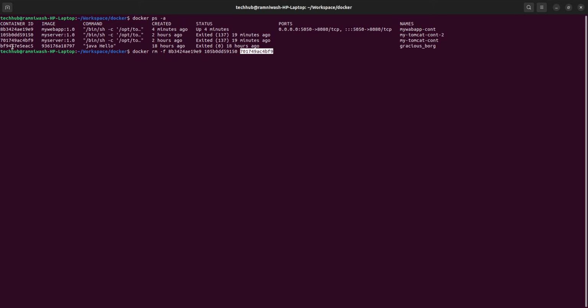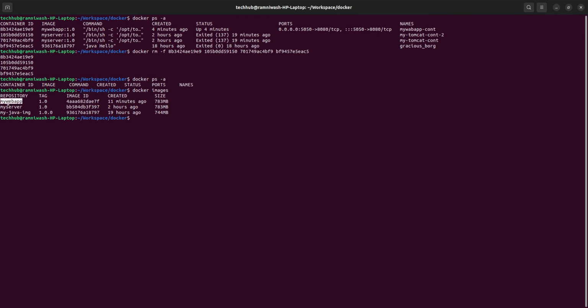Copy, paste, copy, paste. Done. Now there is no container, and if you see the images with docker images, how many images are there? My web app, all images are there. I want to delete all images. Docker image remove this image,